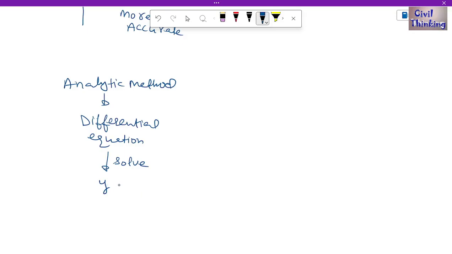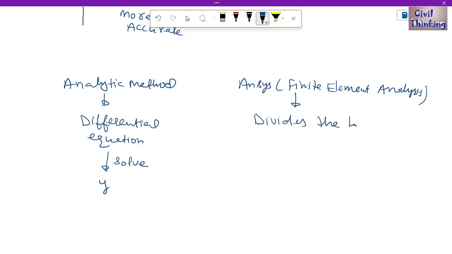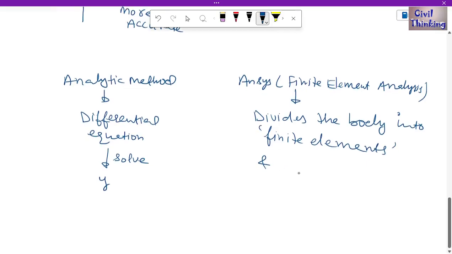But in the Ansys program, it uses finite element analysis. What it does, it divides the body into finite elements,